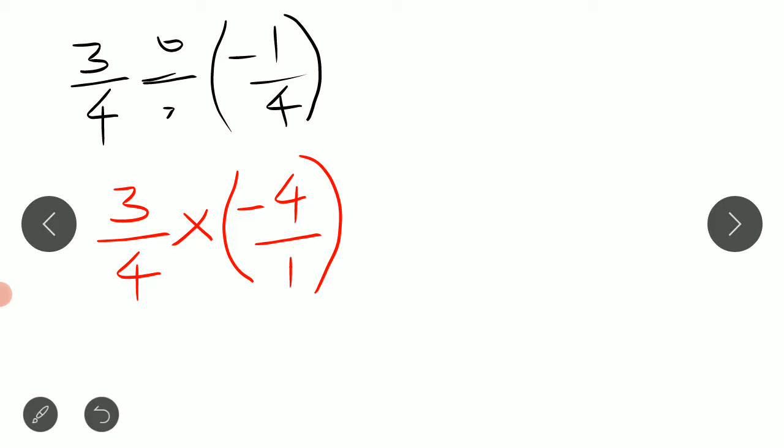Once again, we cannot divide the rational numbers directly, so don't change the dividend. The first rational number, whatever comes, copy as it is. Then change the operation, because we cannot divide directly, so multiply by the reciprocal of the divisor. The denominator becomes the numerator, the numerator becomes the denominator. See, now it turned into multiplying the rational numbers.